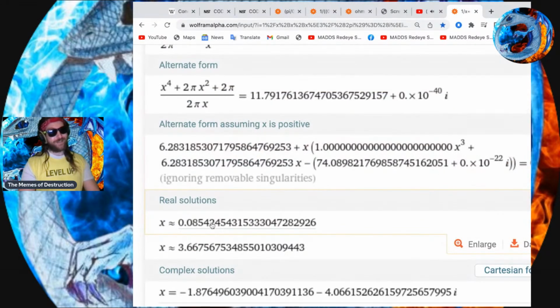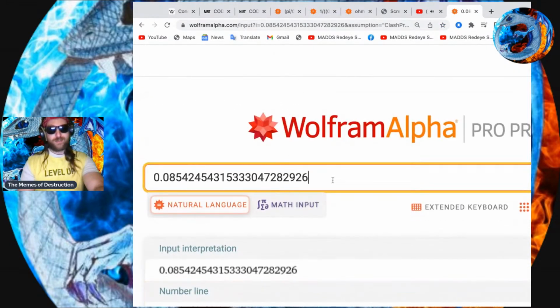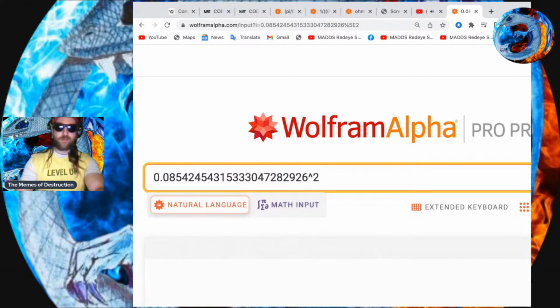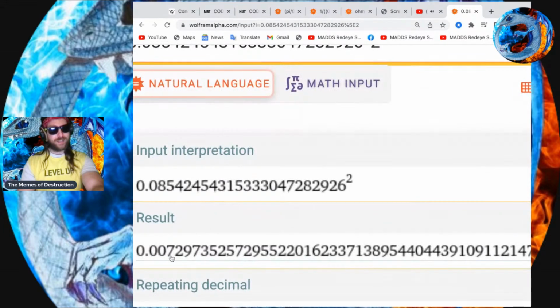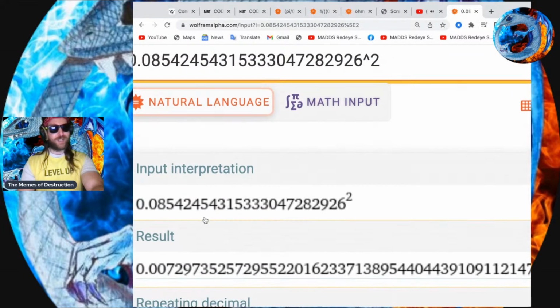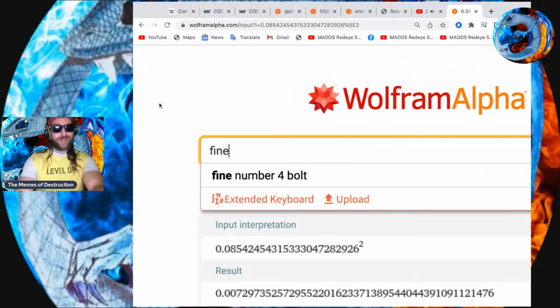It has 4 answers. We take the first answer and we square it, so we do caret up on Wolfram Alpha. Okay, it gives us this number here. What the heck is 0.0072975, yada yada? Well, the interesting thing is,